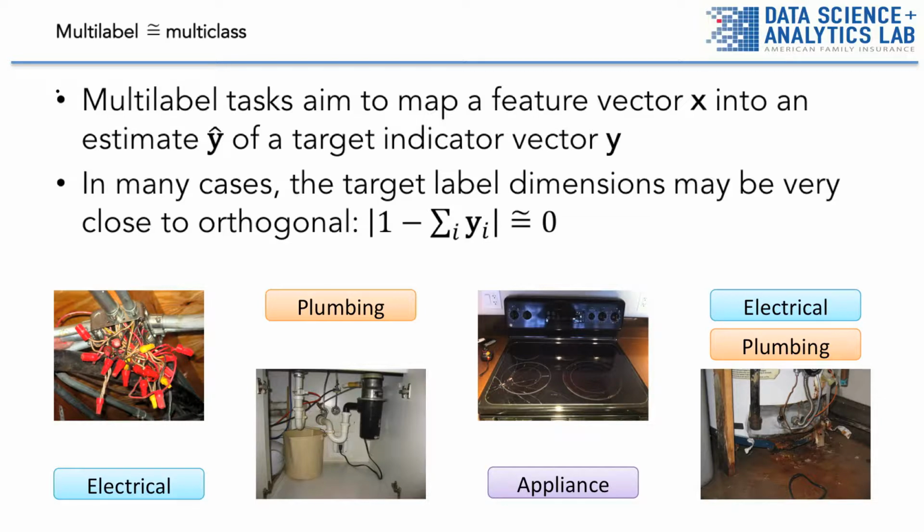So you can imagine if we focus our attention just on the subpart of this home issue classification task that has to do with the subsystem of the home that is affected, then electrical issues are going to be pretty common, plumbing issues are going to be pretty common, issues to do with a specific appliance might be common, and occasionally you'll get something where there's an electrical issue to do with the water heater and there's some associated plumbing stuff related to that, but it's going to be far less frequent than any of these tags occurring